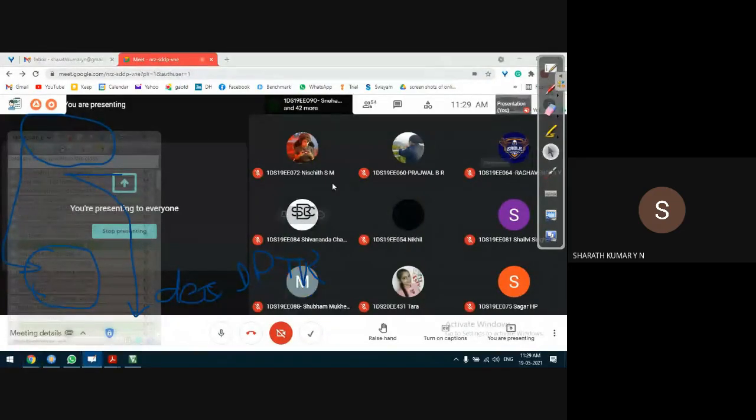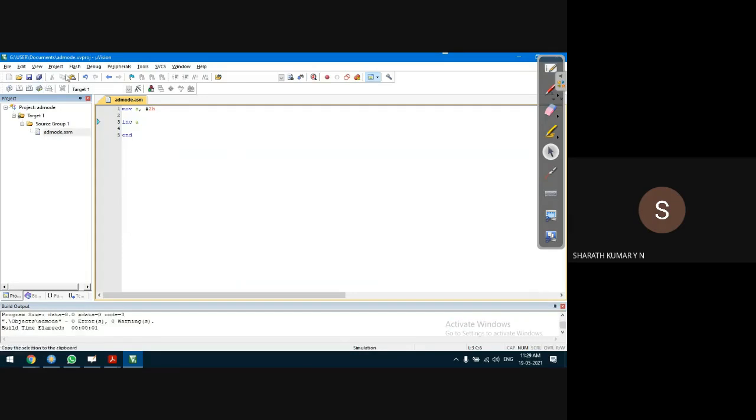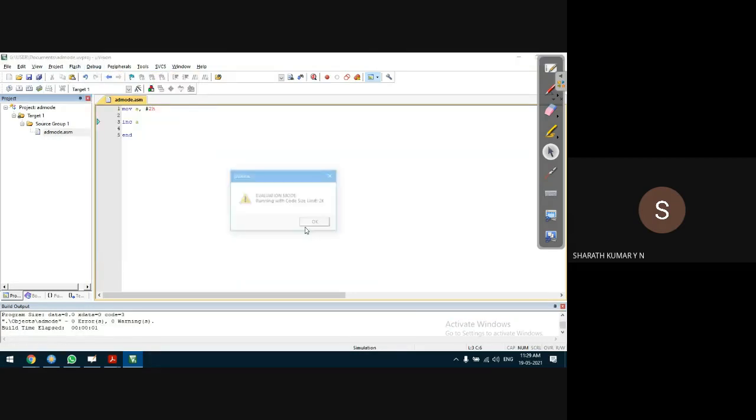Why is it so? Because of the number of instructions supported by the microcontroller, decrement DPTR is not allowed by 8051 based microcontrollers. For example, let us execute the instruction. We'll take first the case of increment A. Let us not execute all the instructions, only increment A. Save, build target, debug, start session.